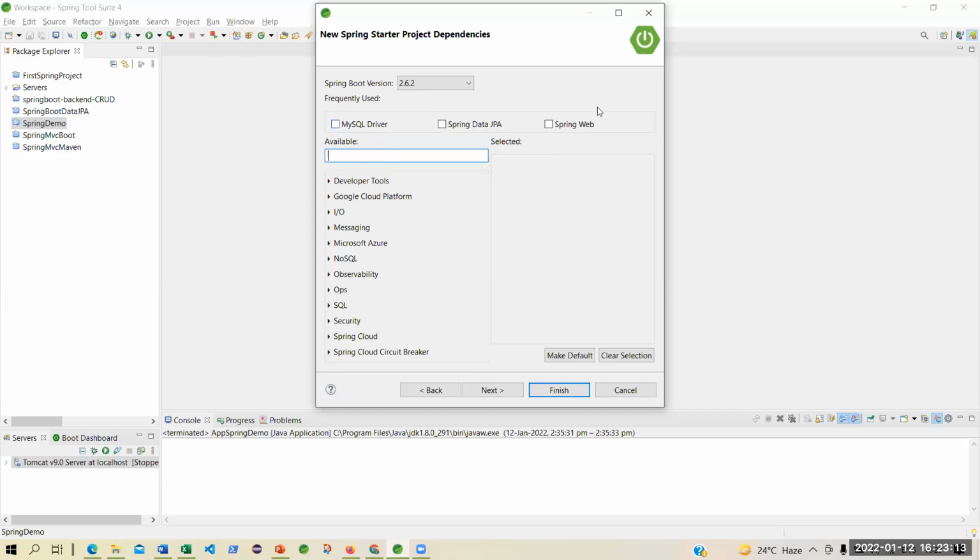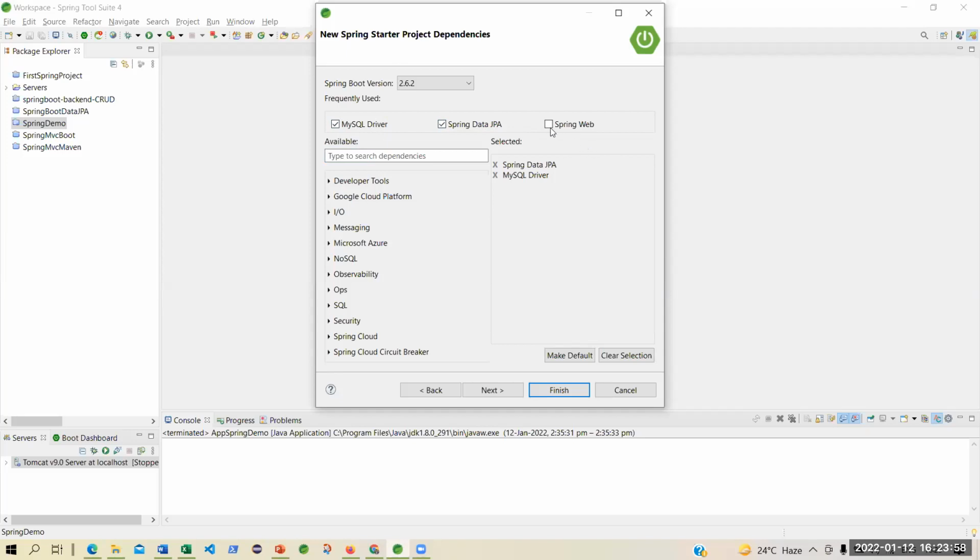That menu is your dependencies. That means the restaurant is giving you all this food choice. You can pick up one of them or several of the food items that you want to eat. Right now, I'm not using any of those dependencies. I'm not asking Spring to give me all these dependencies because I'm not going to use a MySQL driver as a database driver. I'm not going to use JPA, that is Java Persistence API. That means I'm not asking Spring to give me that connectivity, that layer of JPA, which will help me to speak to my SQL driver or anything.